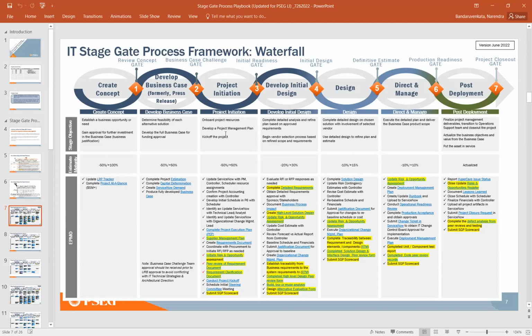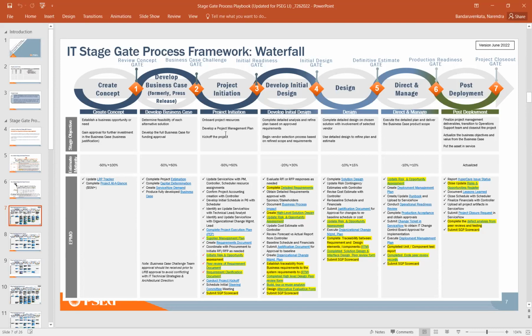Move to the next stage, which is the design phase. That means you are formalizing your design to deliver the requirements that have been consolidated in the project initiation phase. Here you will be bringing up the architectural design reviews, security design reviews, and then you're also formalizing the way the testing has to be conducted, what type of testings you have to do, etc. Okay. And then from there onwards, you are